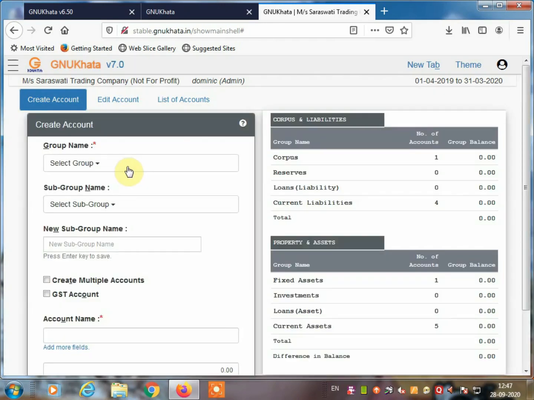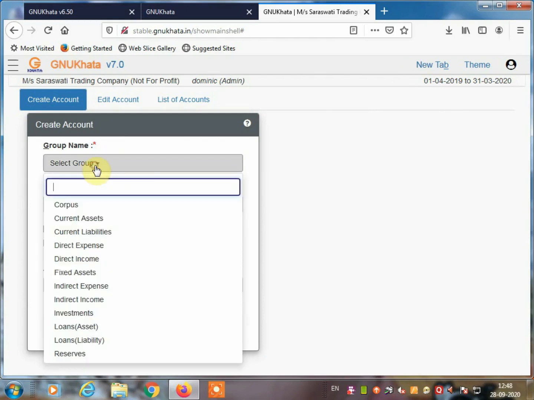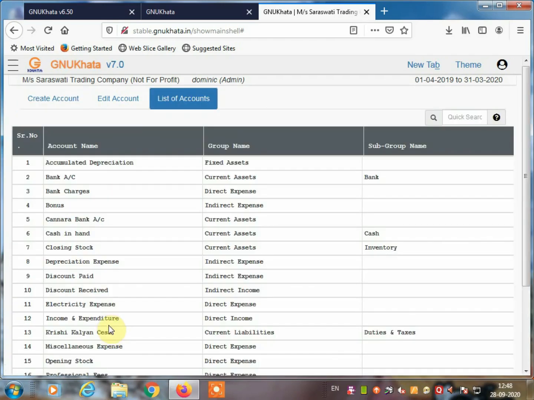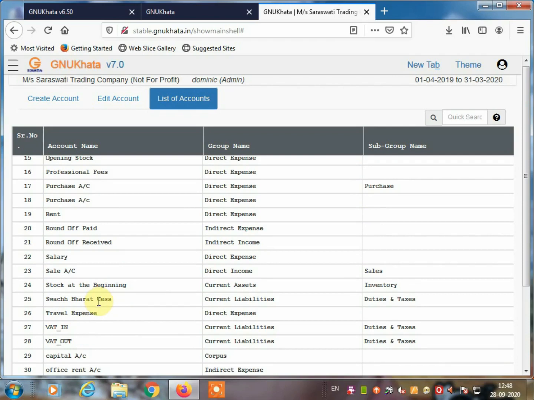And once again we need another account, that is Sumit Steel Works, the sundry creditor. So you can write sundry creditor, it will come, sundry creditor and sundry debtor. Sundry creditor will go to the liability side. So we are going to select the current liability. See here it is mentioned already, current liability.